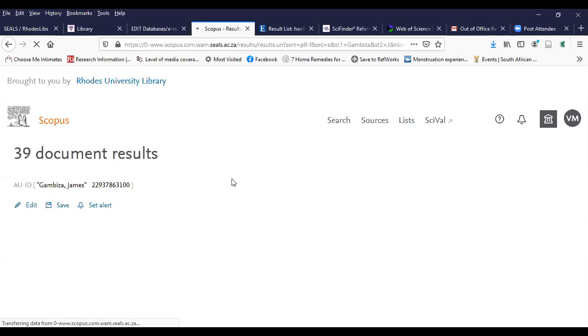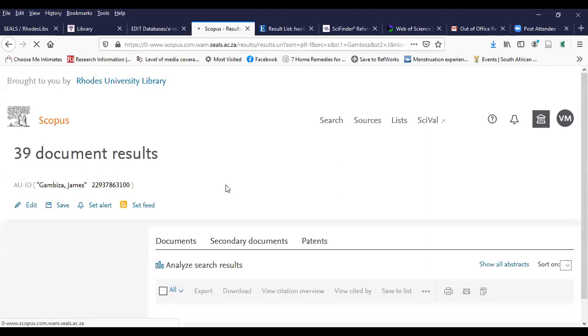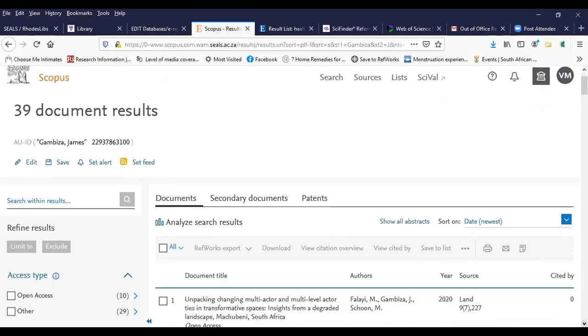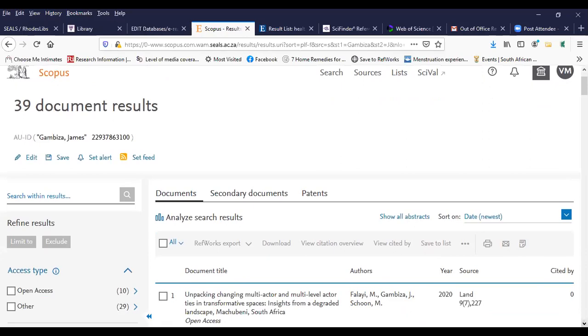So if James, for example, has ever written a report for a company or an organization or so on, which may be very important information for you to include in your knowledge synthesis, but you would then need to be able to explain, articulate in your methodology how you searched for the grey literature, where you searched, and on what basis you searched. So whatever you include or exclude in your search, you've just got to be able to not only describe it to your reader, but give a reason for it in your